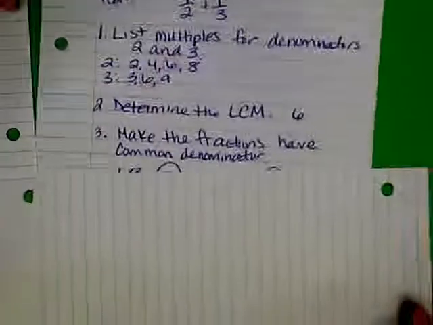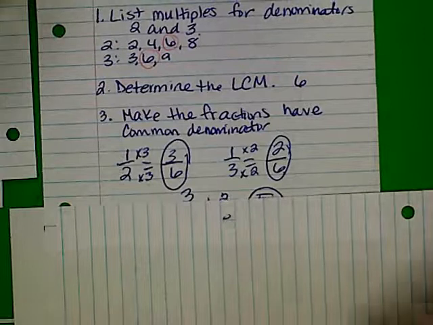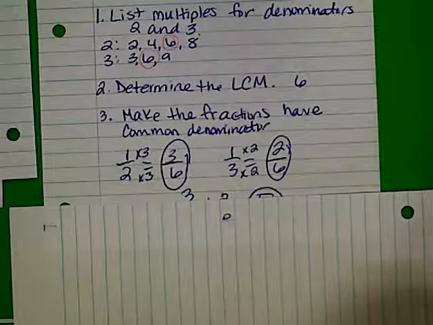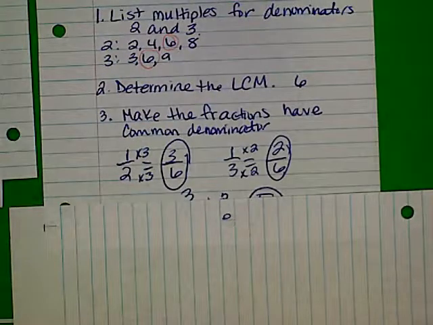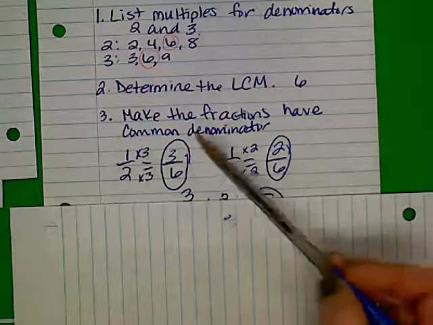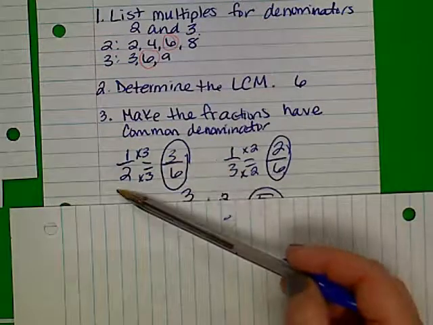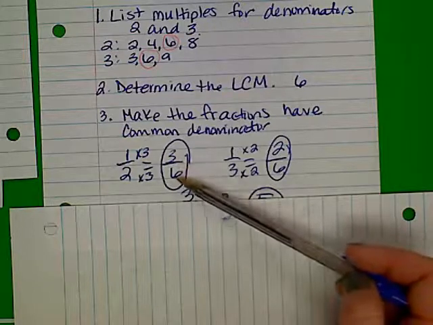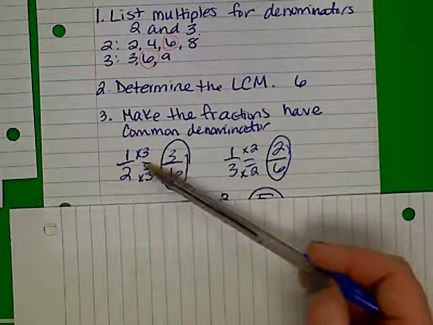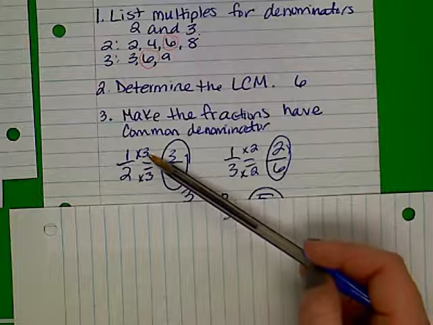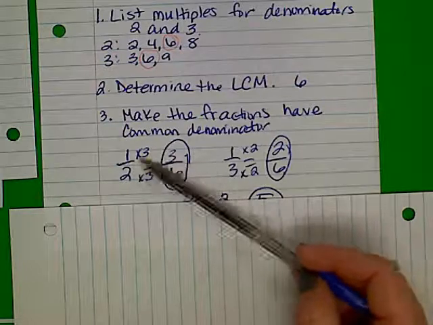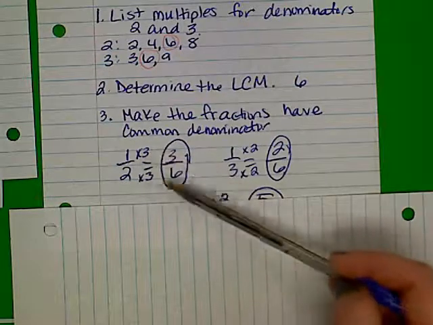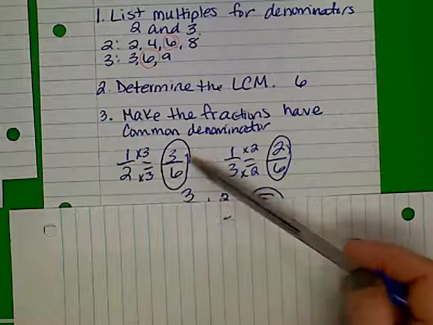Now we need to change the fractions so that we can add them, because we can't add 1/2 and 1/3 because they do not have the same denominator. So we need to change 1/2 into a fraction that is a sixth. So to do that, we multiply by the power of 1, and we're doing 3/3. So 1 times 3 is 3, 2 times 3 is 6, and I circled this because I'll need this number